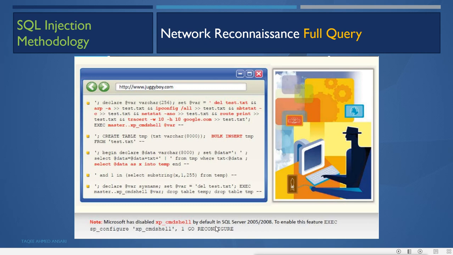That means you have to configure SQL Server to enable this option. By default it is not enabled because it is vulnerable to executing commands on the database server. So it is disabled in all the latest Microsoft SQL Servers, and if you want to have this, you have to enable this option.